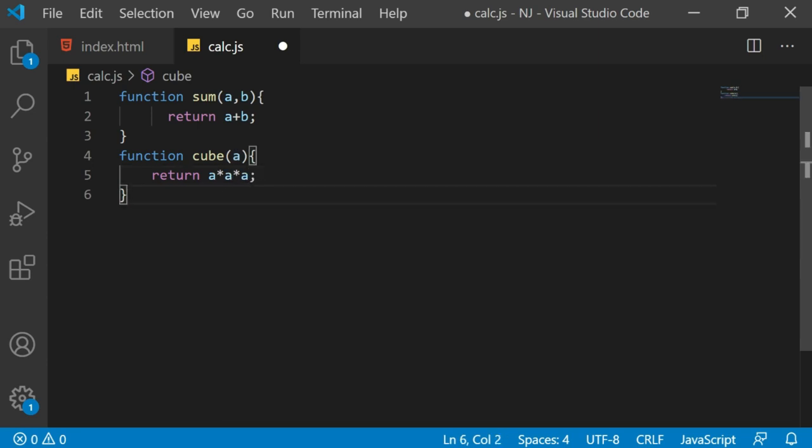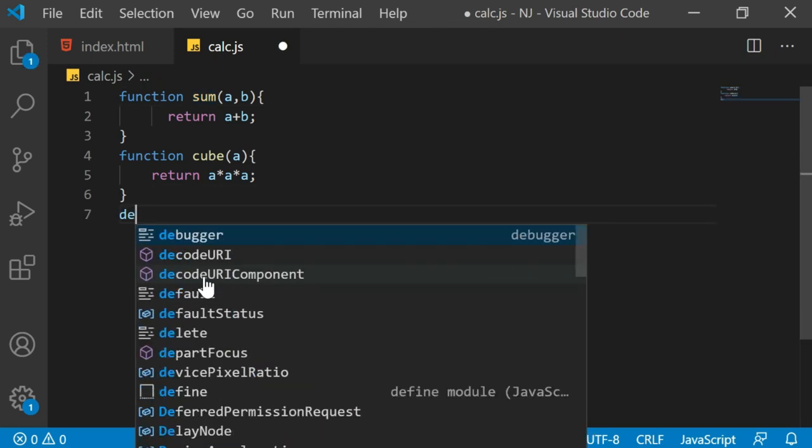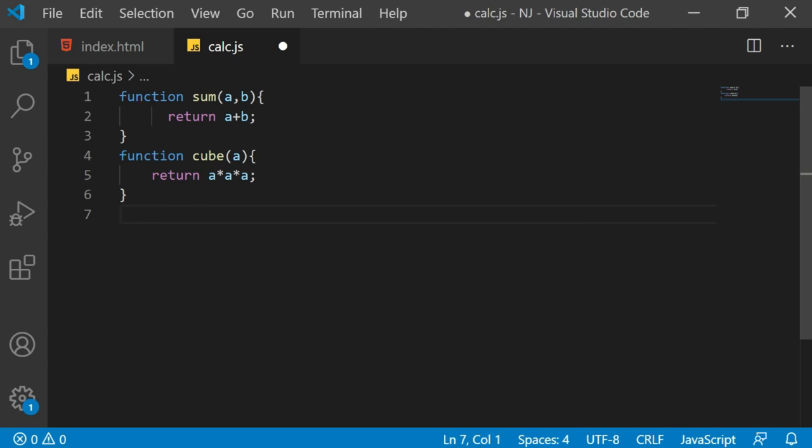So now if I want that this kelsey.js file should export these two modules, that is the sum module and the cube module, then you can use the named export. Remember that there is one more keyword called default which we will see, that is the default export, but right now we are trying to understand the named export and import as well.